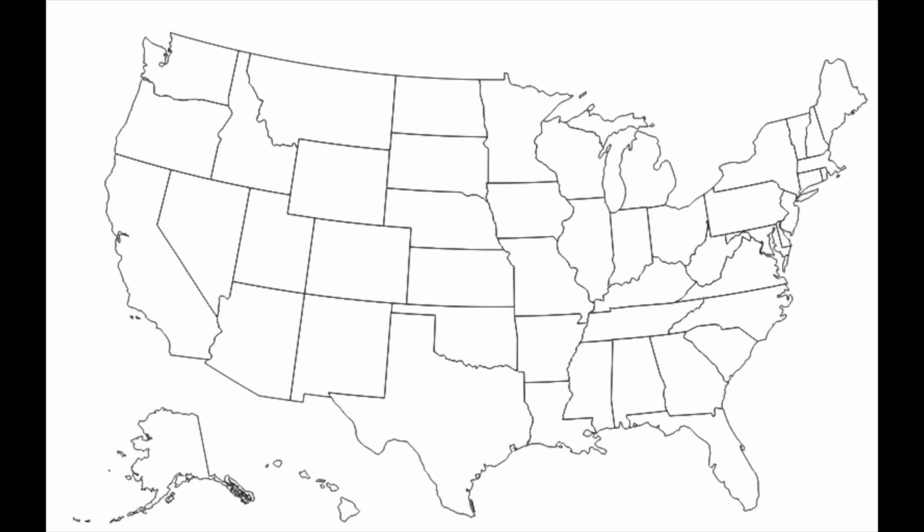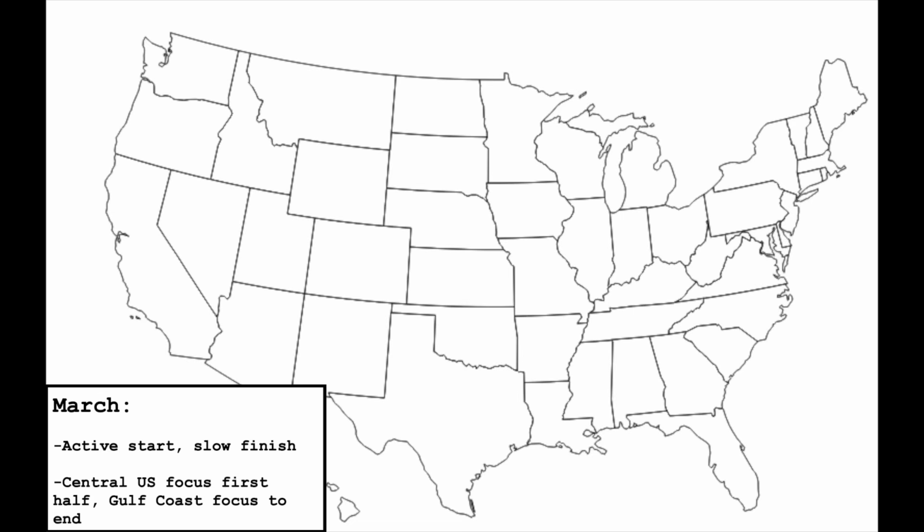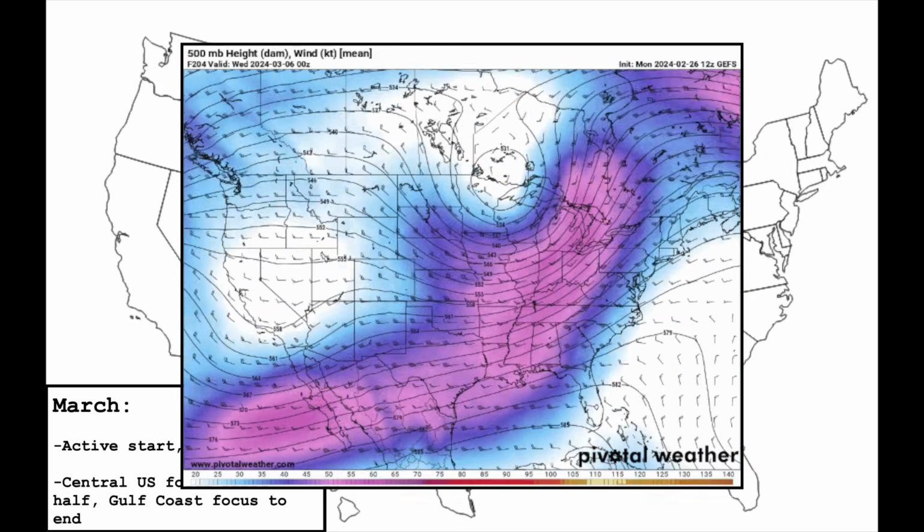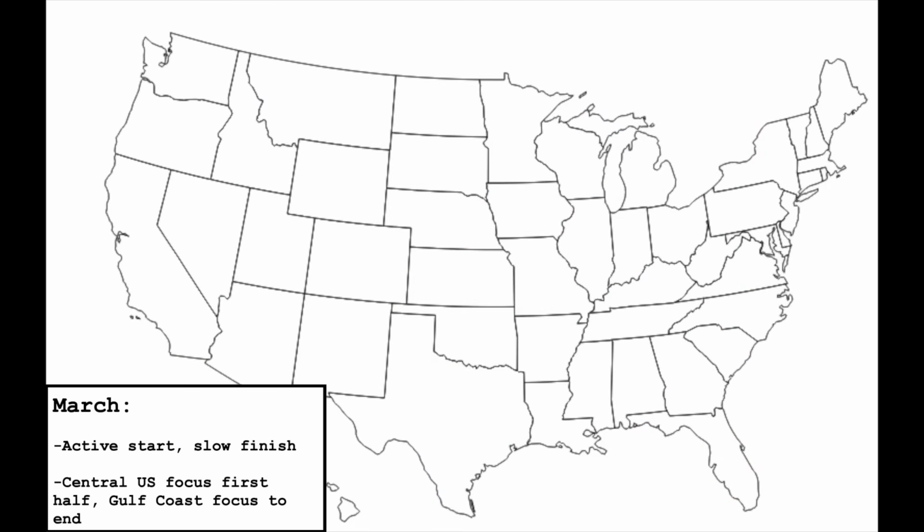tornado season? I think March will be fairly quiet across most of the U.S. with the exception of the first half of the month. The background pattern is such that we should maintain a fairly active jet stream into the central U.S. for the next couple weeks, which is supported by recent long-range model runs. After this potentially active spurt to start the month in which we could see the tornado count start to increase, I think we'll level off a bit with any tornado activity for the remainder of the month confined to the